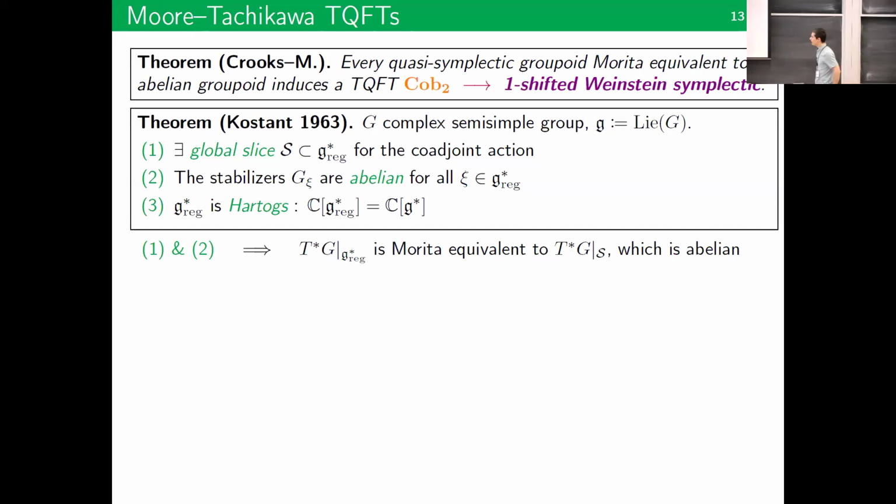Okay, so 1 and 2 imply, first of all, that the cotangent model of the group, that was our first example of a one-shifted symplectic stack,